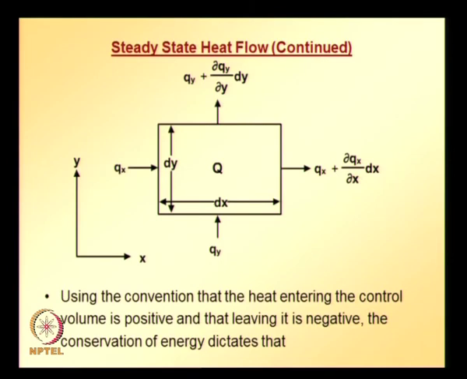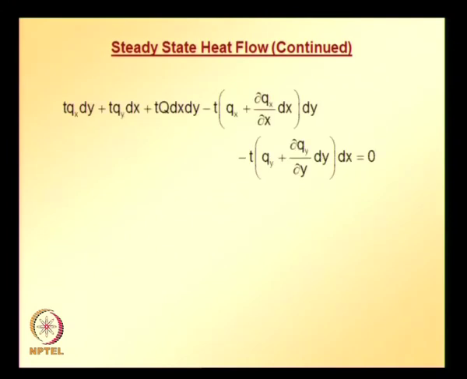So, using the convention that heat entering the control volume is positive and heat leaving is negative, the conservation of energy dictates that, writing the equilibrium equation, we got this, and cancelling terms which are higher order or cancelling terms which are same in values,